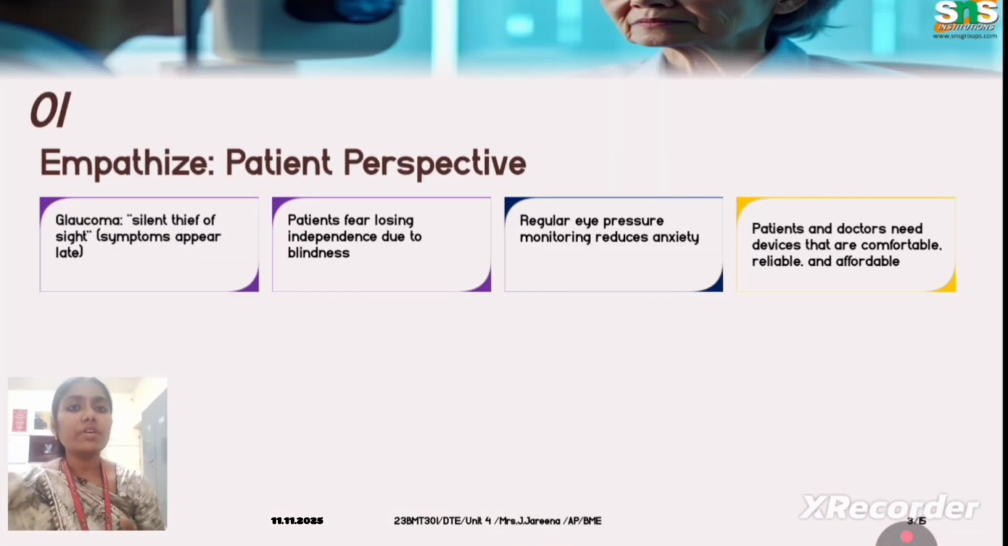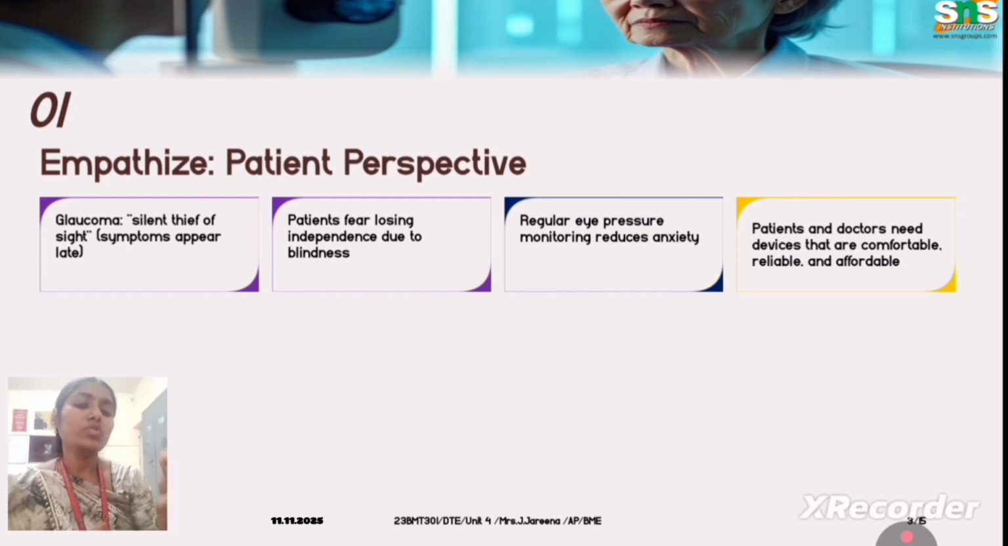So initially, if you are starting with collecting empathy from different patients and doctors, there is a condition called glaucoma. This is a kind of disorder where the eyes of patients have very high IOP, that is intraocular pressure. That condition is called glaucoma. It will end up with even blindness or losing their sight. So this condition makes the patients feel they are losing their independence or confidence to carry out their